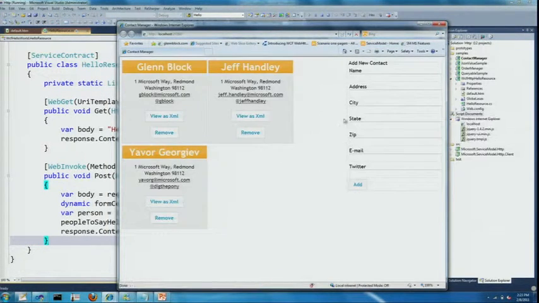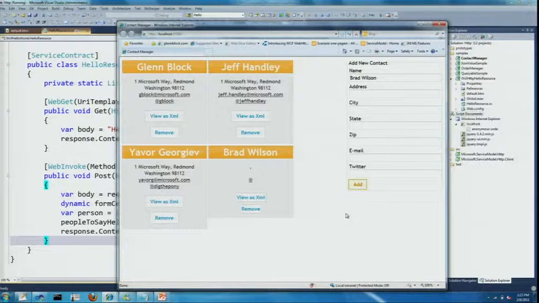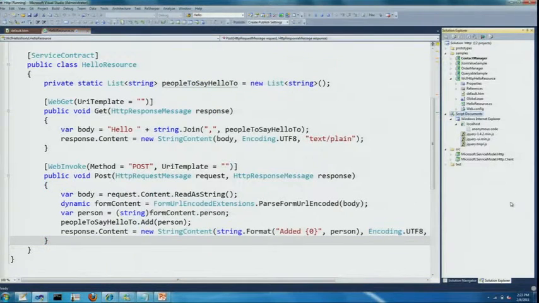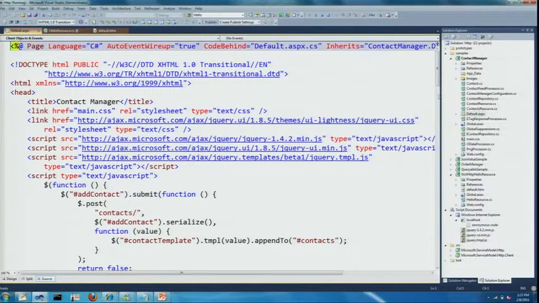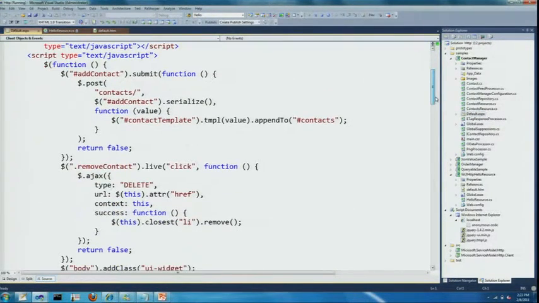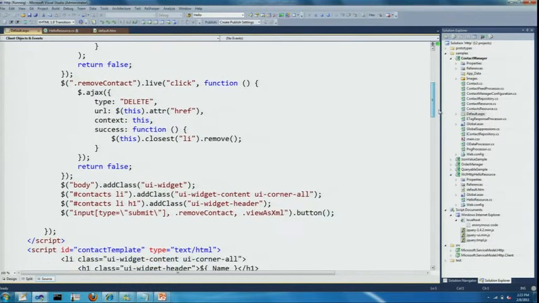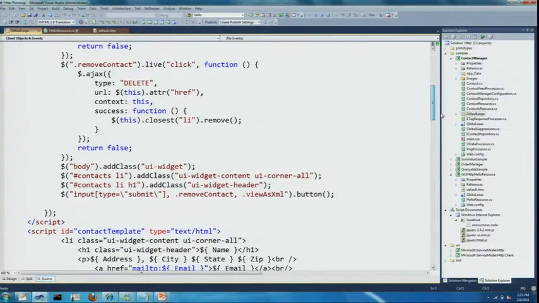Let's run this again, and I'm going to put Brad Wilson. And what's going to happen is that's actually doing a form URL encoded post to the server, and it's returning JSON. If we look into the code behind, or we look at the web page, you will see that it's using jQuery behind the scenes. Let's see where it is. Here. And it is actually just using jQuery to send the information back, right? You can see up here it's doing an AJAX call. Okay, so that same resource is supporting receiving form URL encoded, and it's returning JSON.